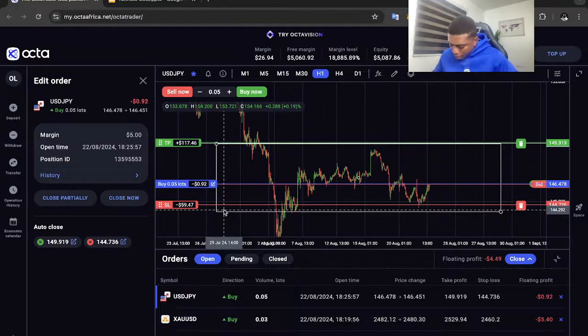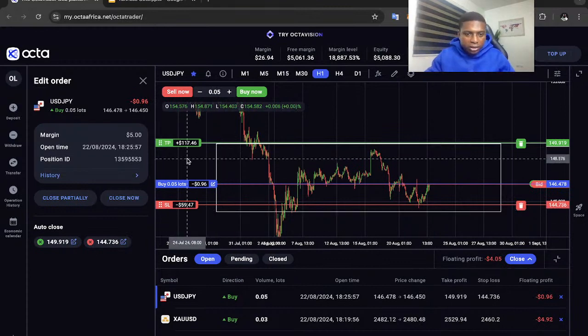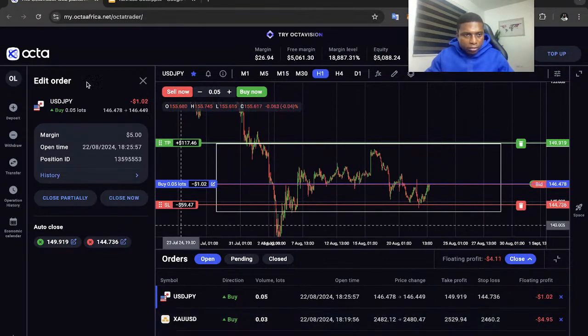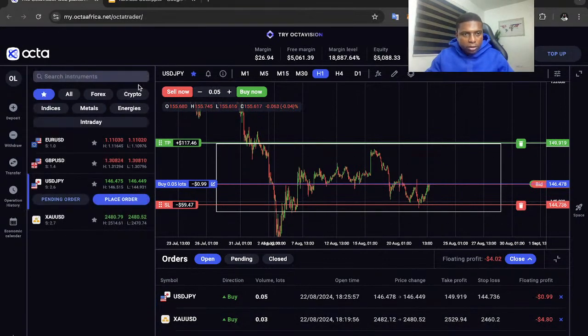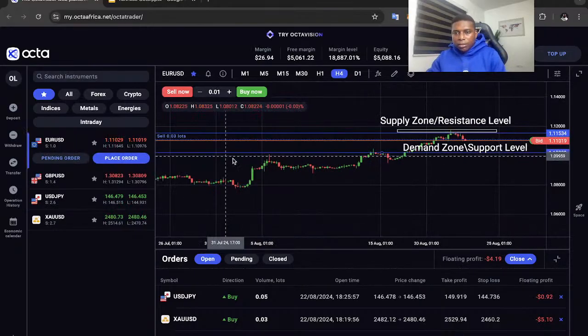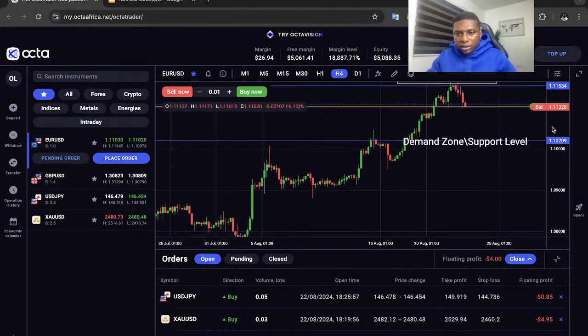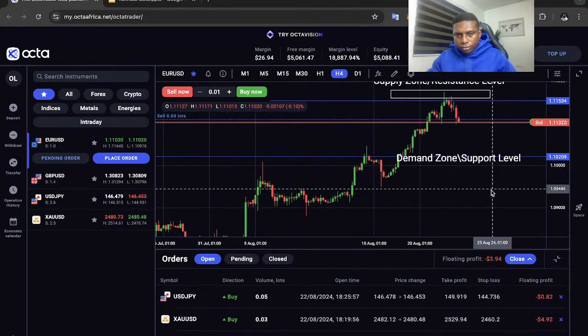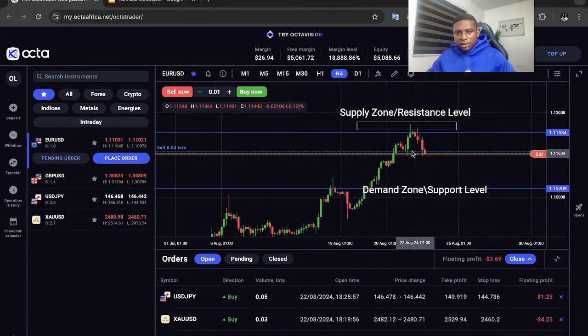So why am I buying gold and selling USD? Like we have seen on gold, it's all about market structure. Okay, it's about market structure. So when you look at this now,